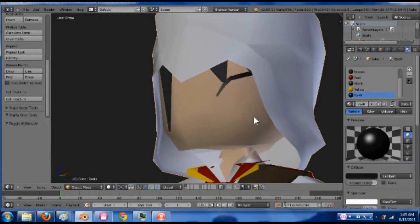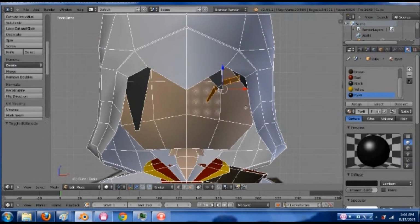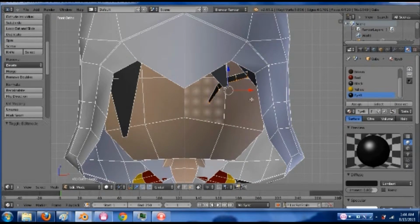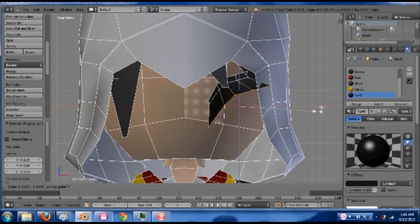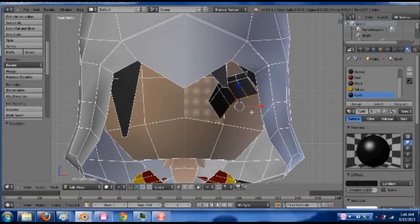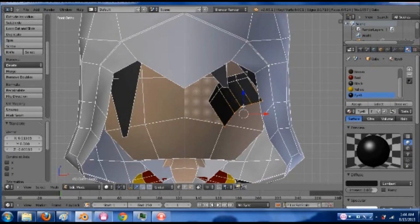So, and then I will take this edge, extrude it out, scale along the Y, I guess. No, that's not going to work. It needs to be like a -1. What I'll do is I'll pull this out to the center, goes up the bottom of his eye, deselect it, go back up, select these two,